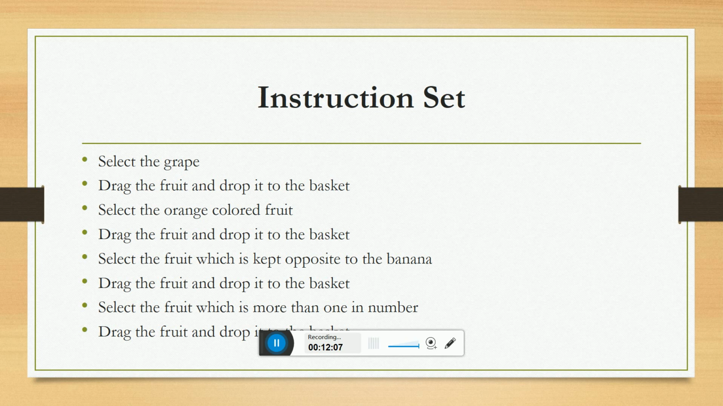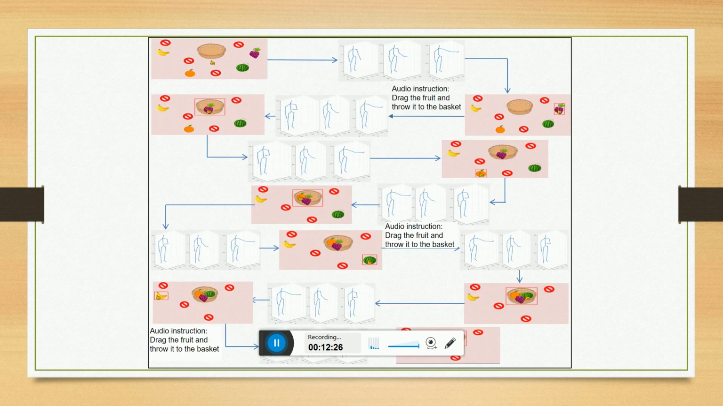Select the grape, drag the fruit and drop it to the basket. Select the orange colored fruit, drag the fruit and drop it to the basket. Select the fruit which is kept opposite to the banana, drag the fruit and drop it to the basket. Select the fruit which is more than 1 in number, drag the fruit and drop it into the basket. These types of instruction sets have been used there, and the game interface has been shown in this figure,